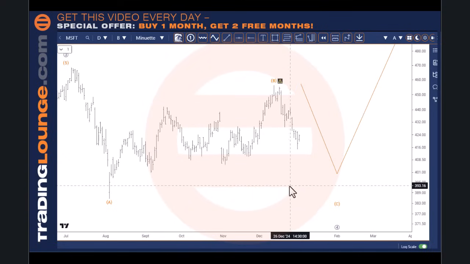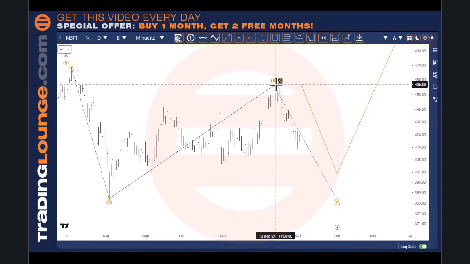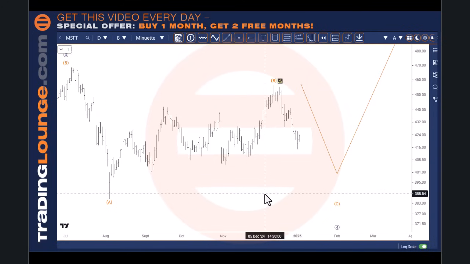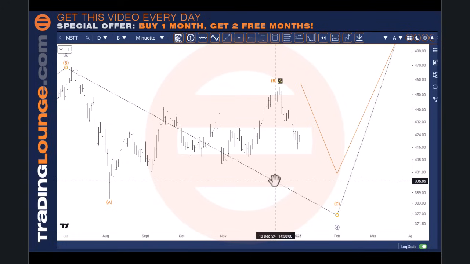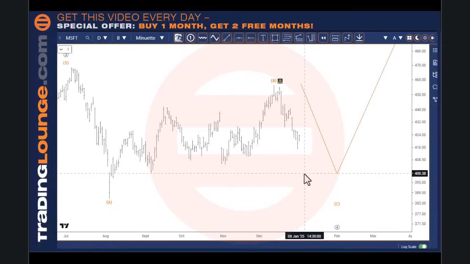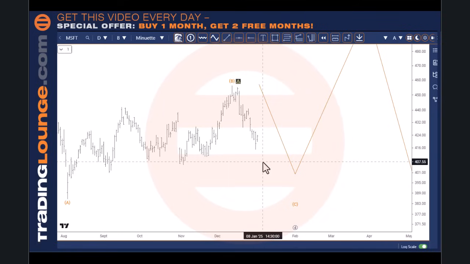Now, I could look at this as a bullish picture and count this up as an impulse wave to the upside, but it counts better as a corrective wave. So we'll leave it as a corrective wave for the time being. And then if we need to change it in some way or other, then we'll do that. The other point here is that in terms of trading it, we would want to see a nice impulse wave off the low before we trade it.